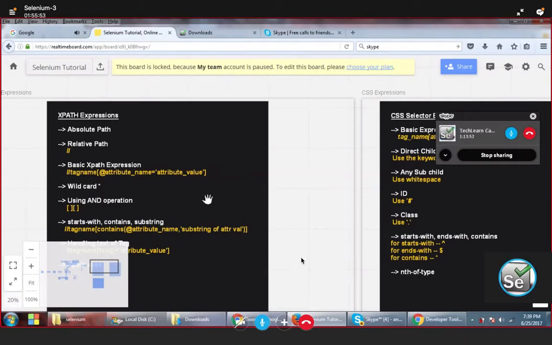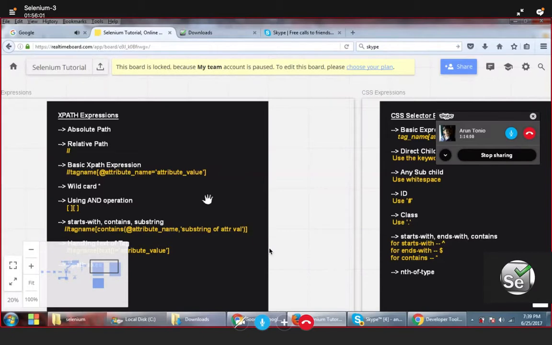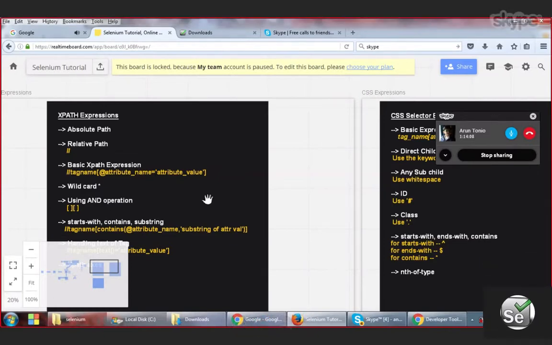Okay, perfect. And it is like this: from the next class onwards we will again go back to the CSS and XPath expressions, and we will start with the basics of core Java. So we know which are the areas we need to cover to learn Selenium. Then in between we will start small programs like what we showed today, and we will mold them into how to write a framework using TestNG, how to use annotations, and how to read data from the